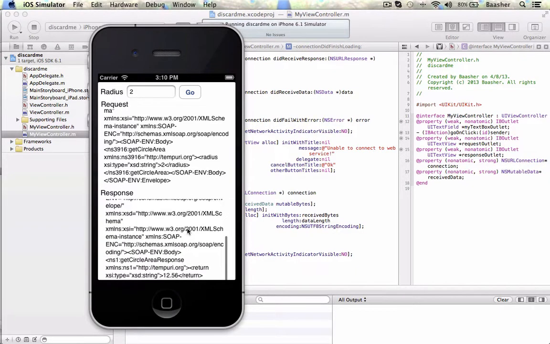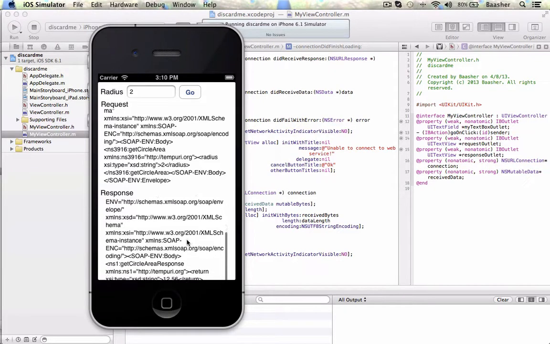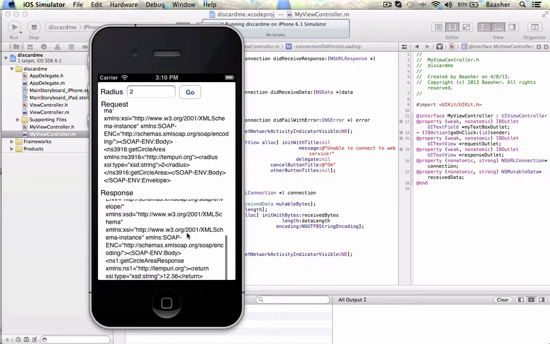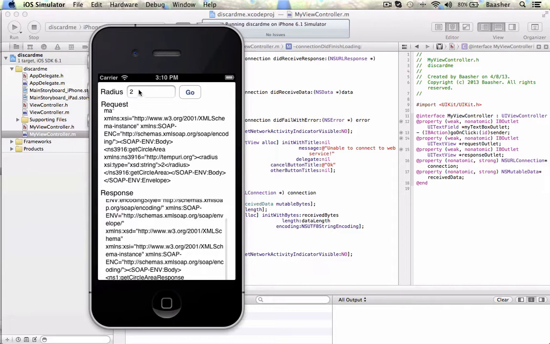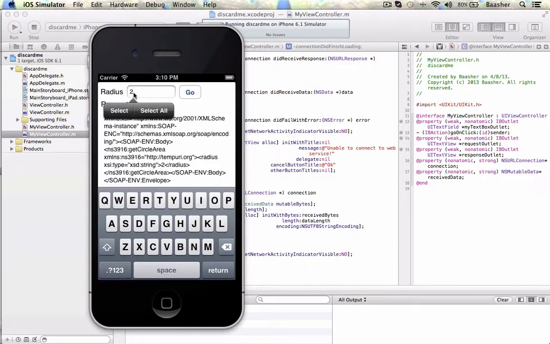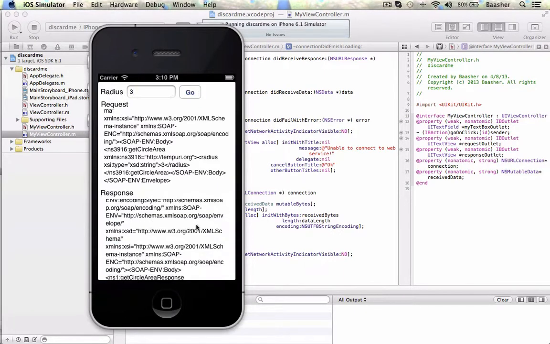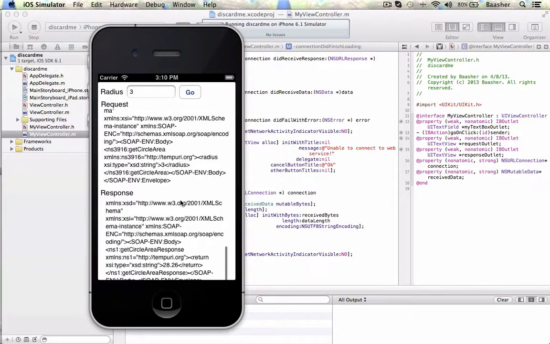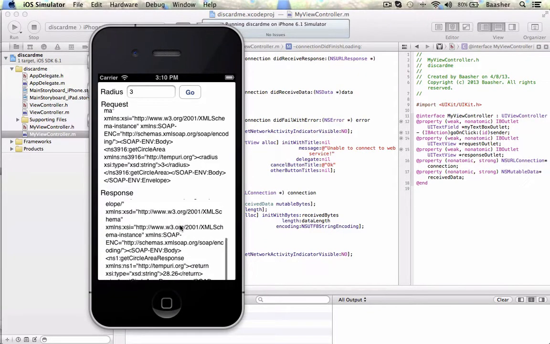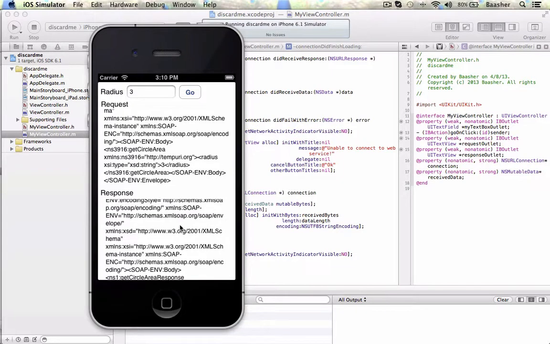And right here, if you look at the very last line, is 12.56. That's the response returned. If I change it to 3, so now it's 28.26 is the area. So that's calling a web service, request to response,